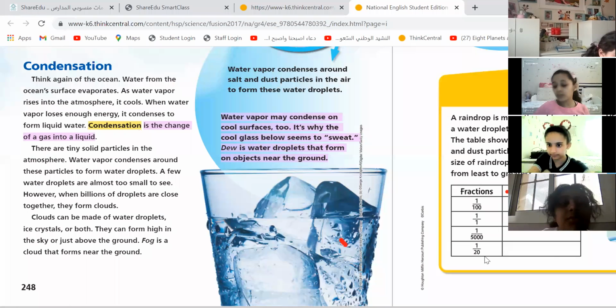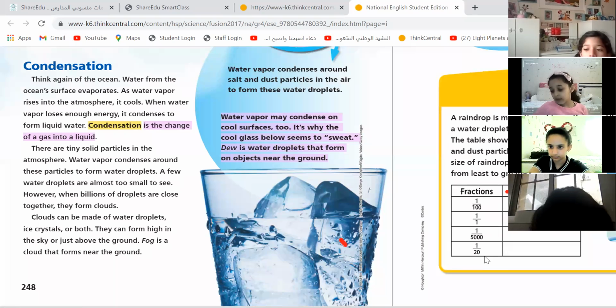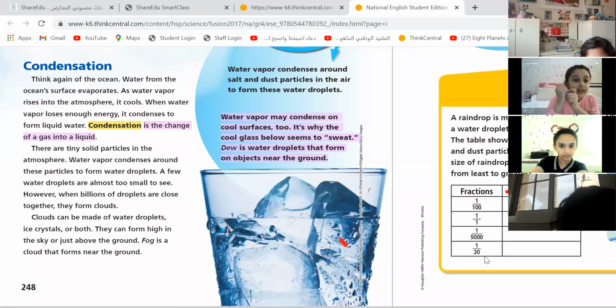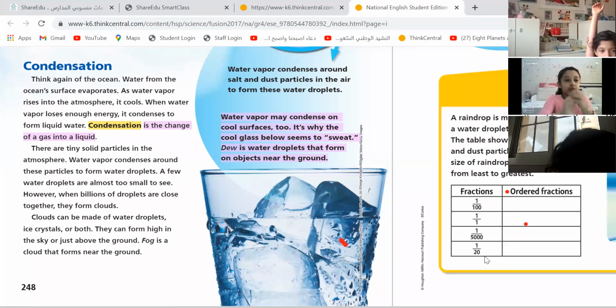Can I give you an example? Like if you've ever been with your mom cooking spaghetti or food, when she puts the cap on, it's cold, and the water vapor... The water temperature is hot. When she takes off the lid, it will be full of water. Excellent, bravo! You remembered. Yes, this is how condensation happens.